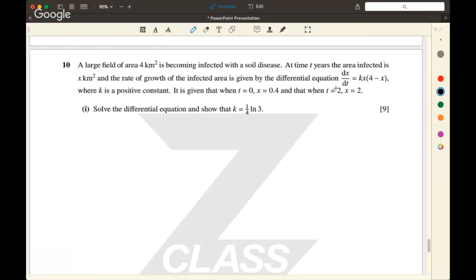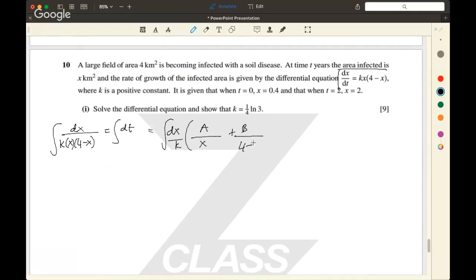So we've got this differential equation, and we're going to firstly separate variables. We get dx over k x times (4 minus x) on the left-hand side is equal to just dt. Now I'm going to decompose the integrand of this side into a over x plus b over (4 minus x). And so this is equal to dx,